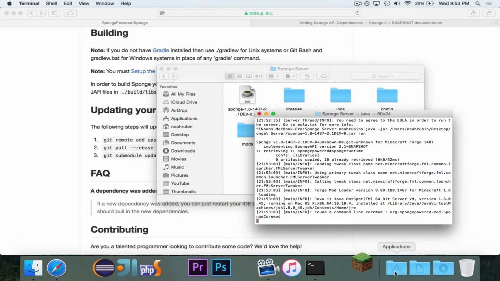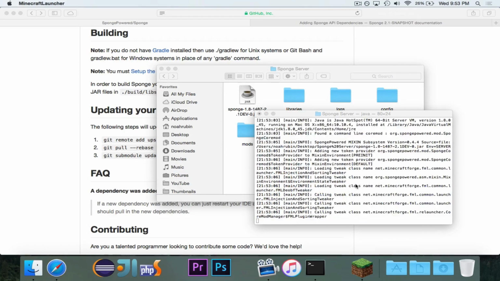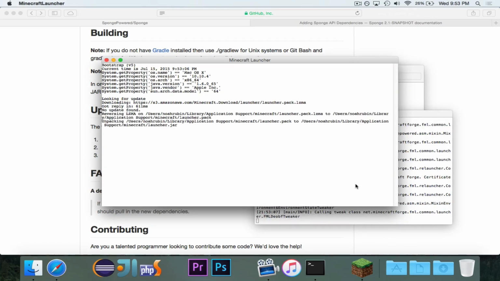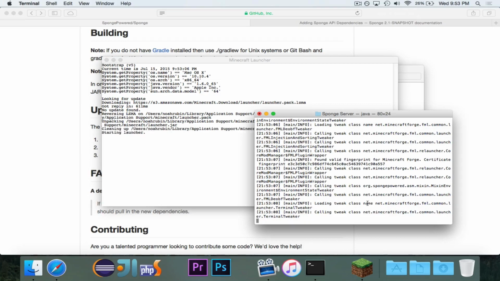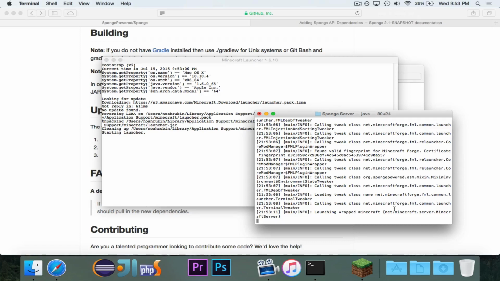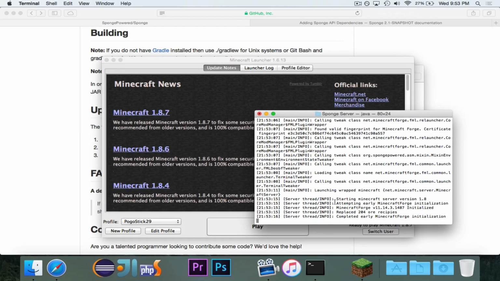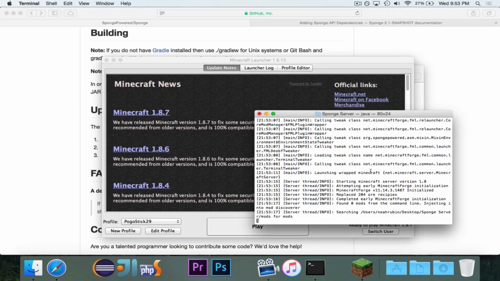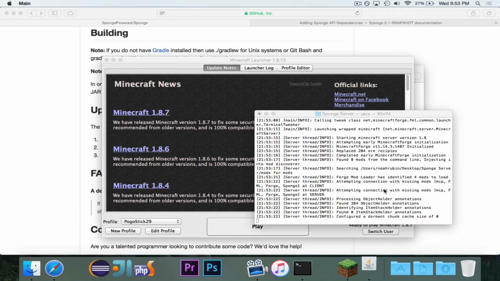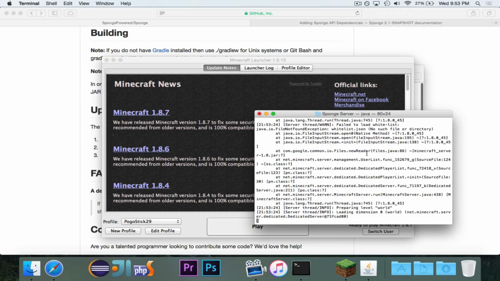Let's get Minecraft open in the background. And you'll see here that it's going to do all of this tweak stuff. And now it's launching the actual Minecraft server. And here it goes. It's searching for mods. And there it goes. The actual server started.